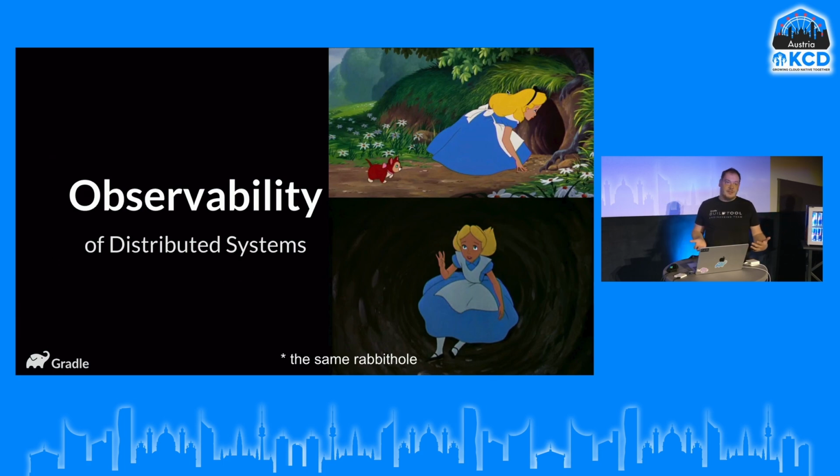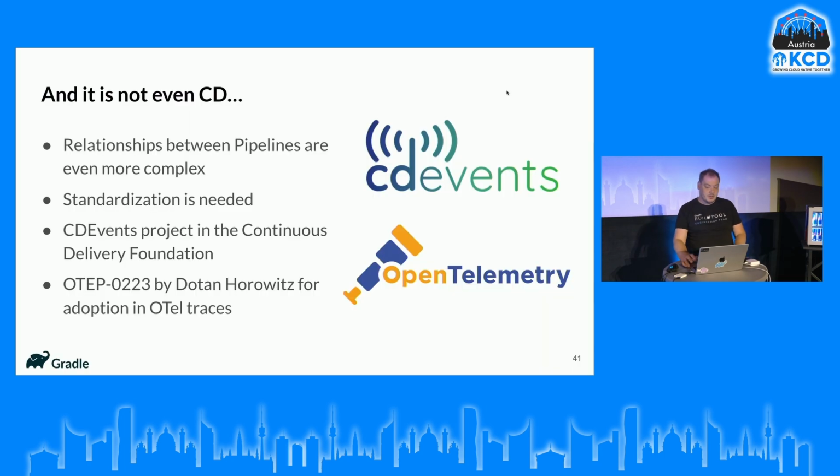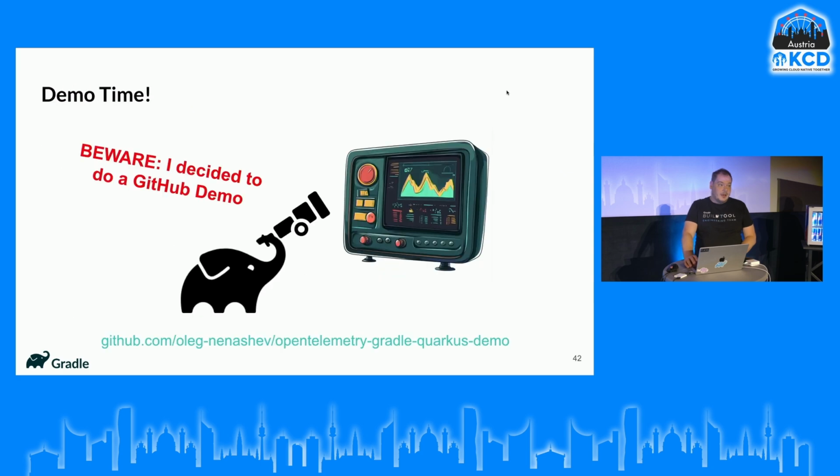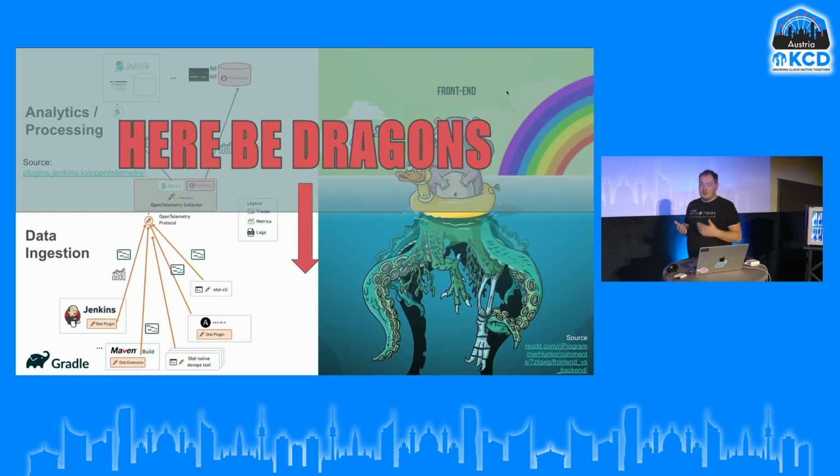The problem for the ecosystem is that it still needs quite a lot of investment to handle these things. There are new projects like CD Events, there are standards being introduced, but we are still missing something simple. In Golang, you mostly can get away with trace ID and span ID unless you do distributed builds. For Java, it's also something that we want, and it needs to be done. In my case, I wanted to show it to you. It actually works better with Argo CD, but the principle is the same. Modern observability for CI/CD still needs to be done, and the biggest part is here.